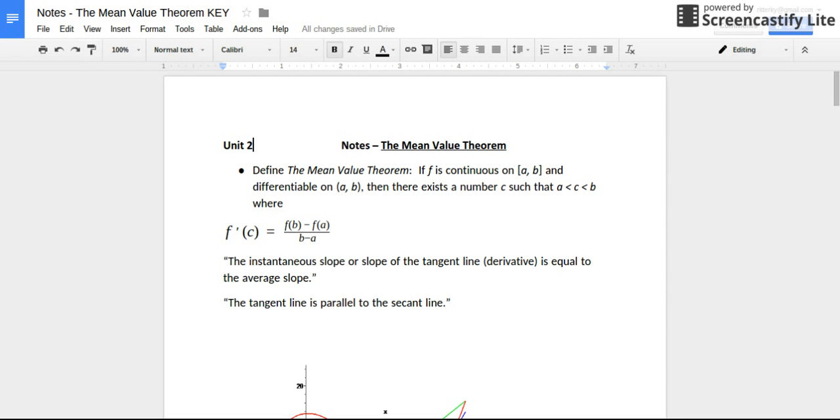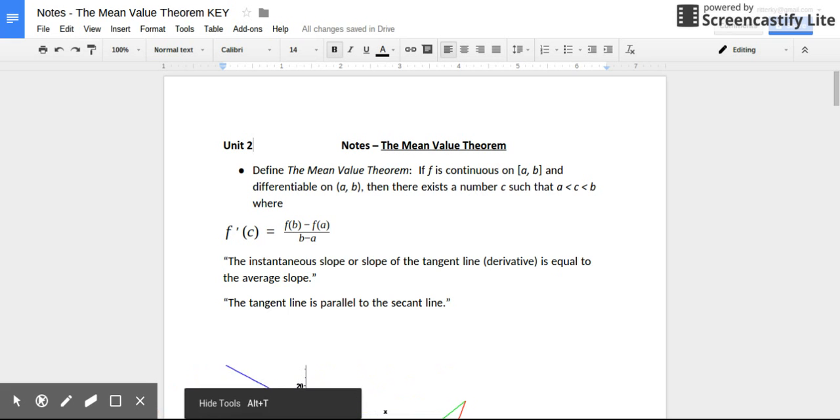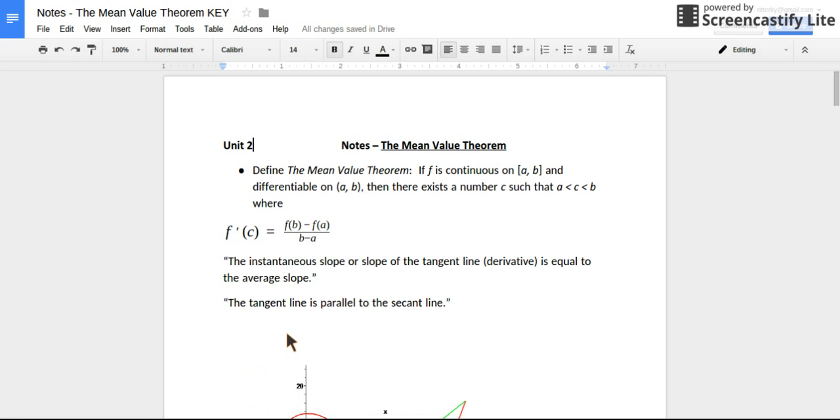In this video, I'm going to be describing the mean value theorem and practicing using some applications. Let's start with the definition. The mean value theorem states that if a function is continuous on a closed interval between a and b, and